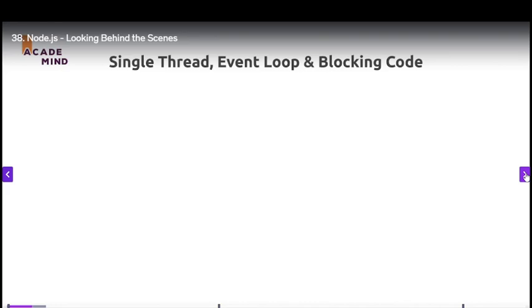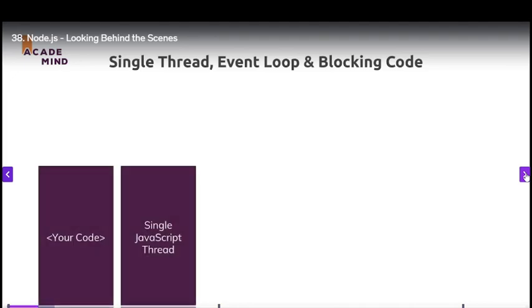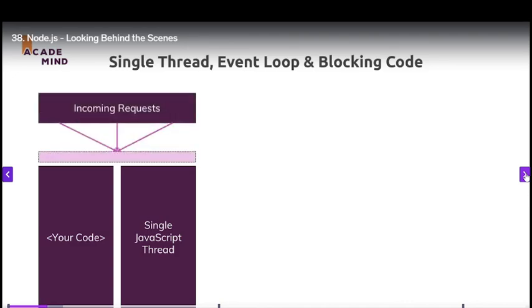So in our Node application, we have our code. And one important thing to understand and to really keep in mind is that Node.js uses only one single JavaScript thread. A thread is basically like a process in your operating system, you could say. So it's only using that one thread, and the obvious question is, how is it then able to handle multiple